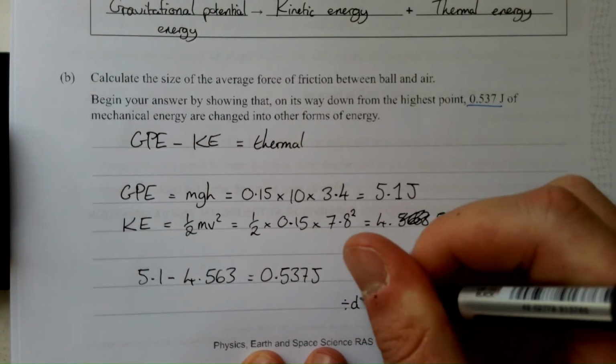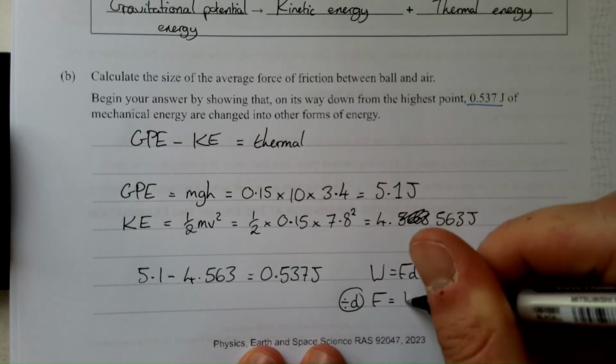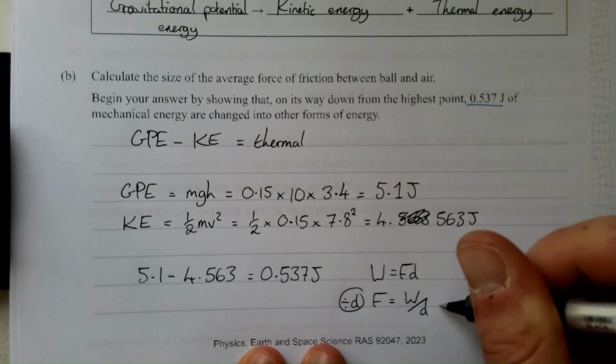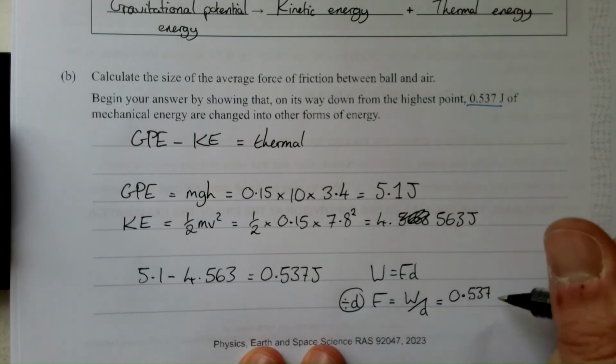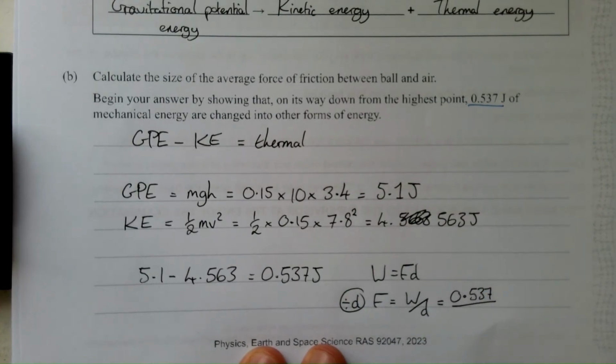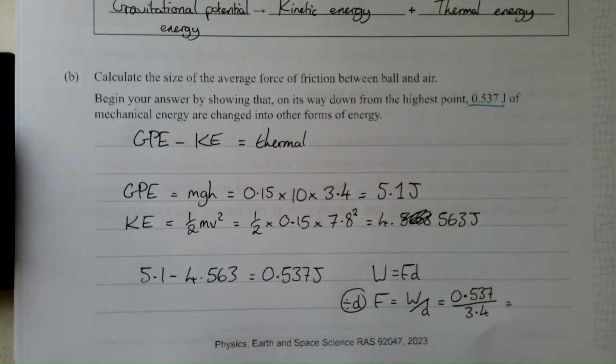Therefore, if I divide both sides by d, my force is equal to work done divided by the distance. The work done is 0.537 and the distance was 3.4. Therefore, I can calculate the average force of friction to be